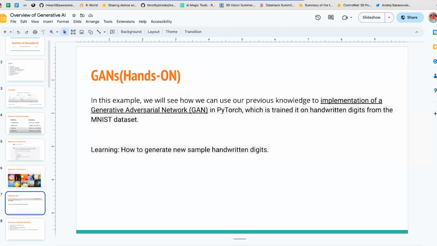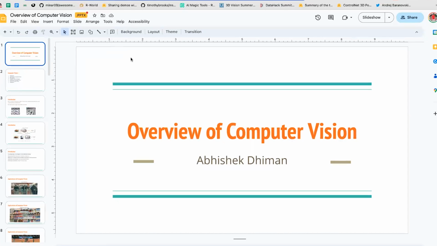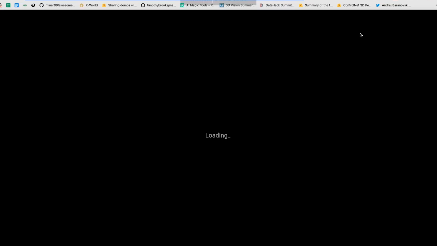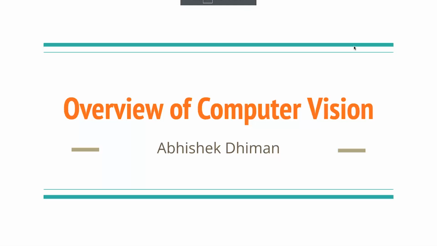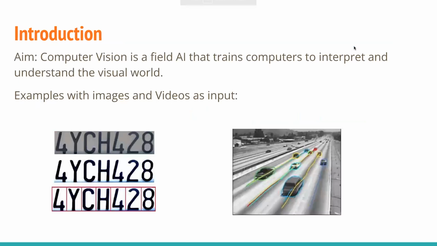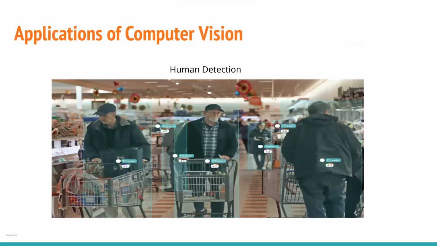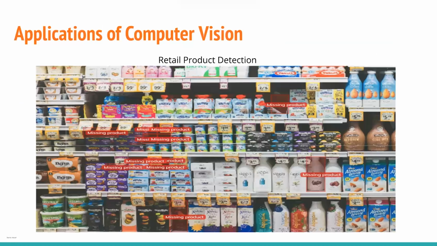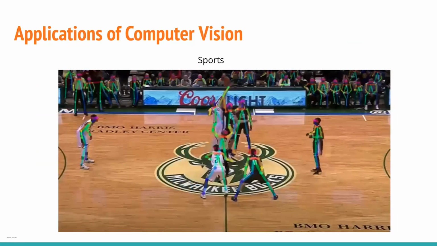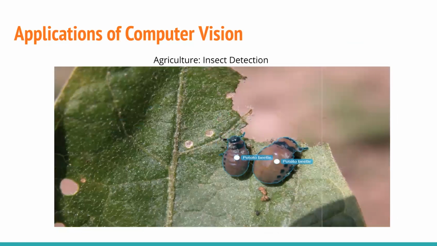So quickly, I'm giving a recall of all the things I covered in the previous slides. In the previous data hour, I went through some applications of computer vision: human detection, retail object detection, detecting sports players,